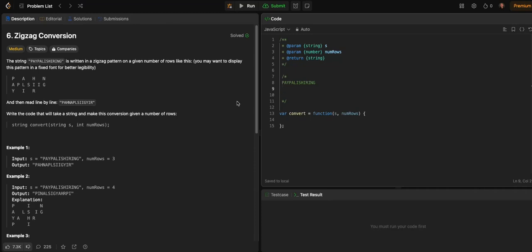So let's go ahead and write out our 3 examples real quick. So we have PayPal, and then we skip 1, 2, 3, A. 1, 2, 3, H. 1, 2, 3, N. And then we start over. We'll increment by 1. So we have A,